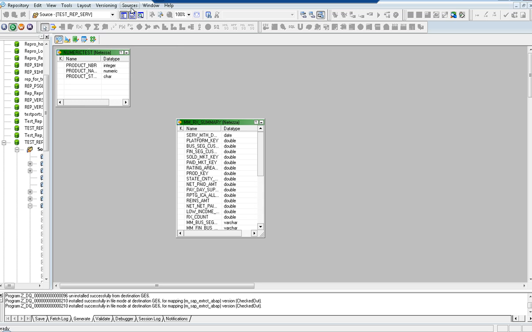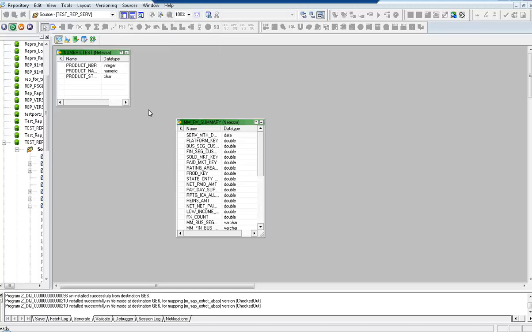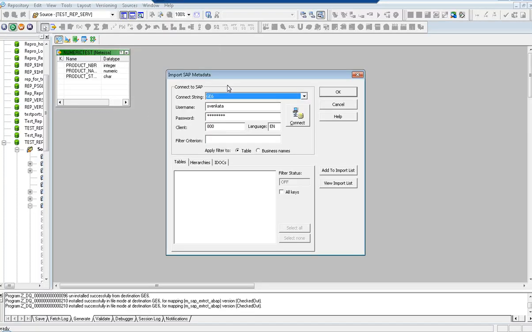So let's start off with importing a data source. So you select import from SAP BW or import from SAP. These options would become available once you install the RFC SDK libraries that you can download from the SAP marketplace. Once those files are placed in the client/bin directory, and after you have registered the PowerExchange_SAP.reg file, these options would become available. So now select import from SAP, and then you can see the connect string that is